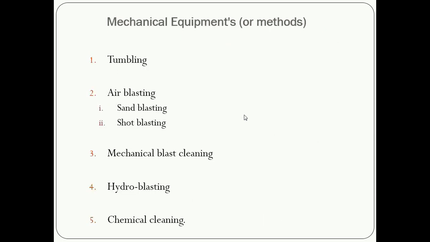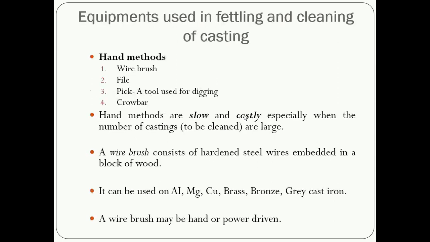Second is file. In the practical, we have seen the application of file. We have seen smooth file, again bastard file, rough file. All these are the files available in our workshop also. By using those files, we can clean the surface of casting. But this is also a time consuming process, because we have to fix the casting in the jaws, that is fixed jaw and movable jaw, and each and every casting we have to rub by using that file.